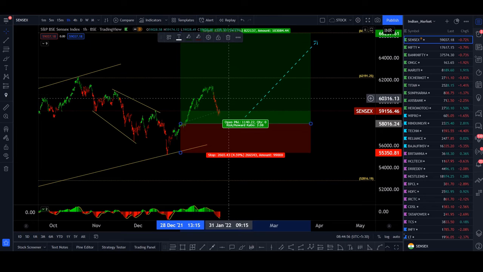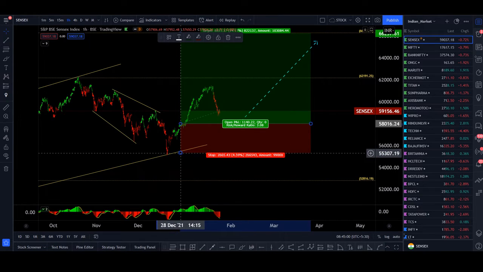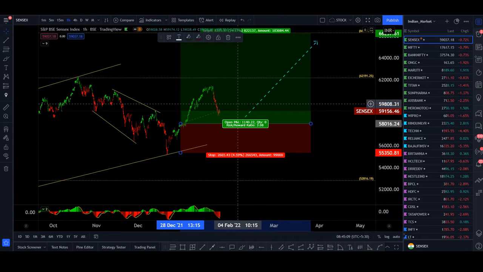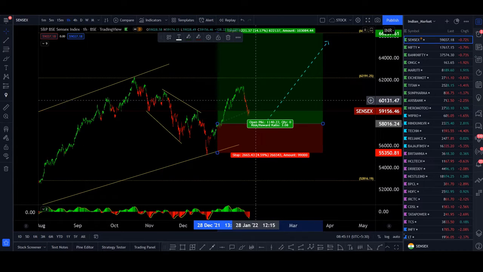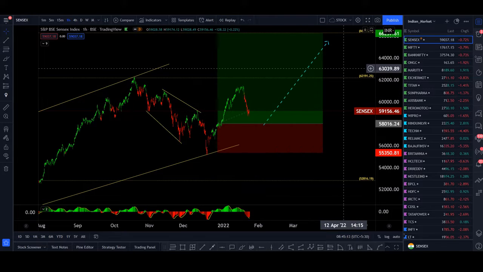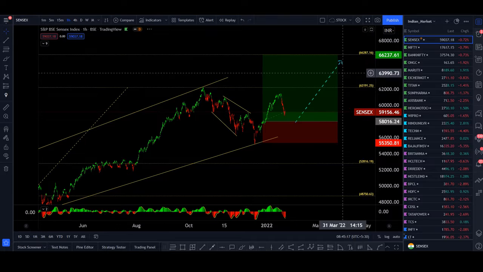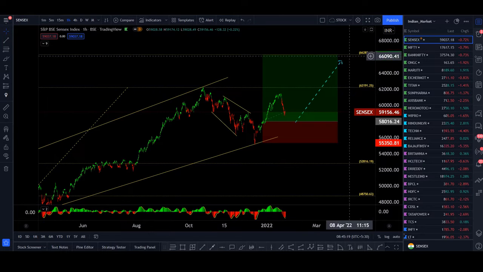At this point, no, we don't have a setup, so I'm just holding my ground, not changing anything, not seeing any red sign that it is going to drop down. We never know, but let's wait and watch maybe another week to see what happens. At this point, status quo, we are in the trade. Okay, let's move on to Nifty,